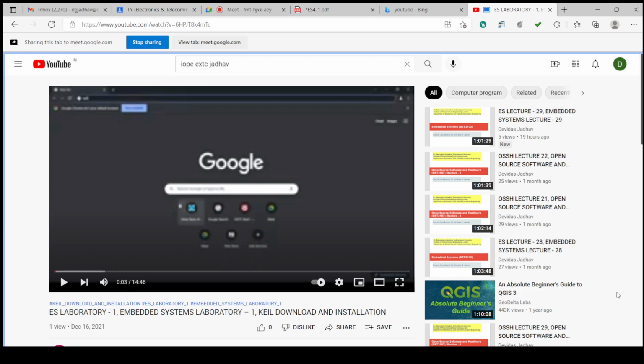At the same time, you have programmed the 8051 in ASM, assembly language. You used mnemonics and you have programmed it, isn't it? But with the help of a higher level language, like embedded C, one can program the 8051 microcontroller.